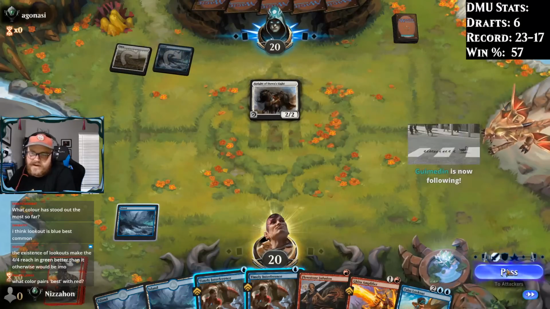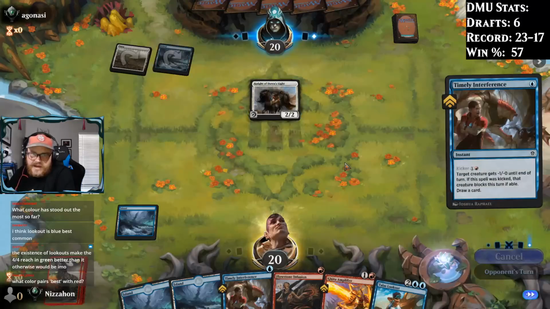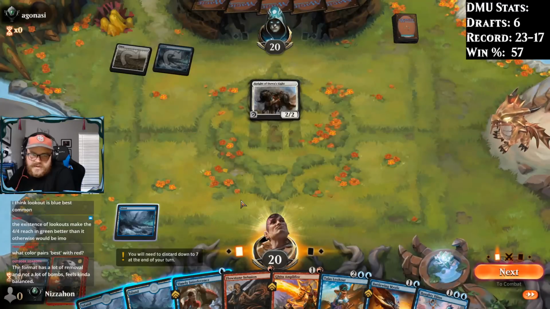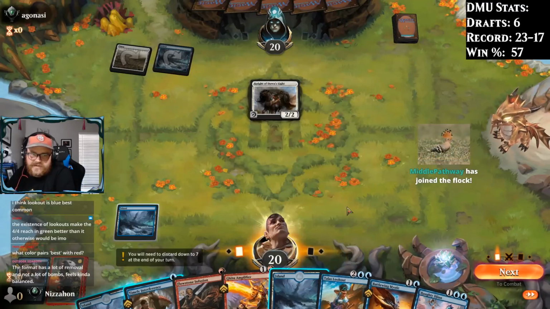Ooh. Need red mana to kill that now, please. Let's find it. Find the red mana. That's not red mana. God. I think I may try to dig for a Mountain again, because if we can't kill this now...